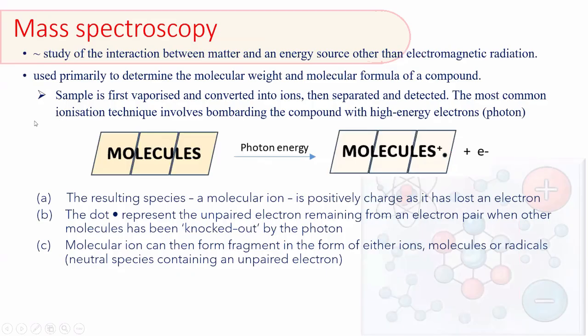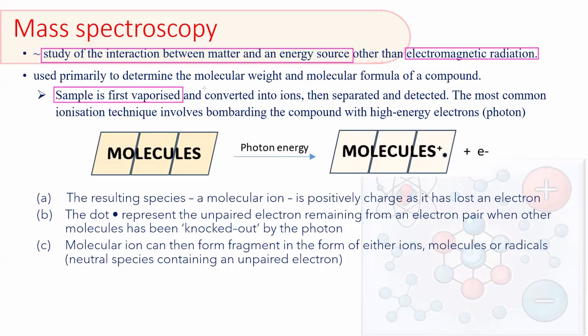Alright, so what is the mass spectroscopy applied at? Mass spectroscopy is a study of interaction between matters and energy source other than electromagnetic radiations. It is used primarily to determine the molecular weight and the molecular formula of the compounds in here. So, the principle of the mass spectroscopy is where sample is first vaporized and then converted into ions, and then separated and detected. So the most common ionization technique involves bombarding the compounds with high energy electrons, which is also